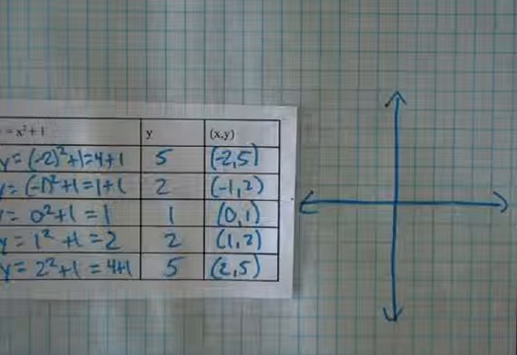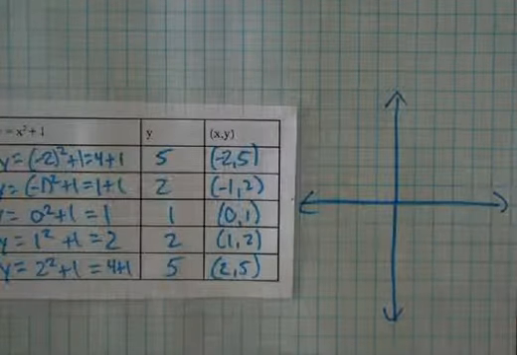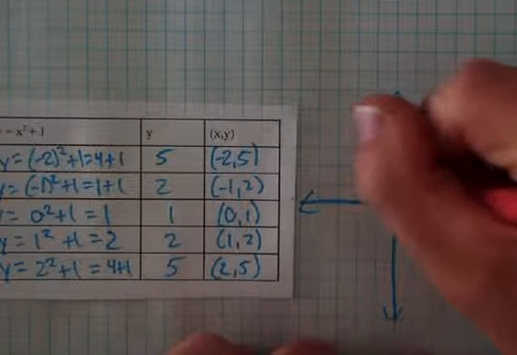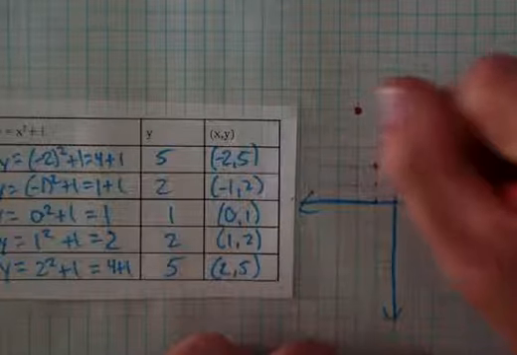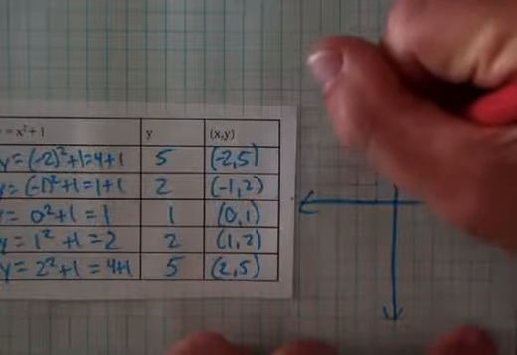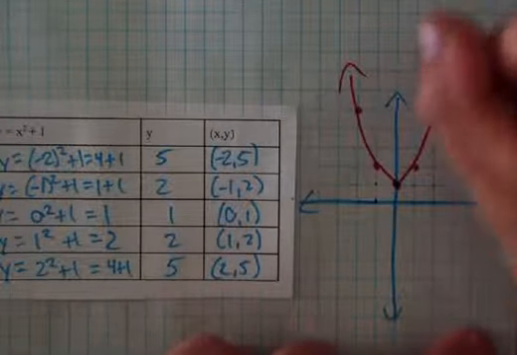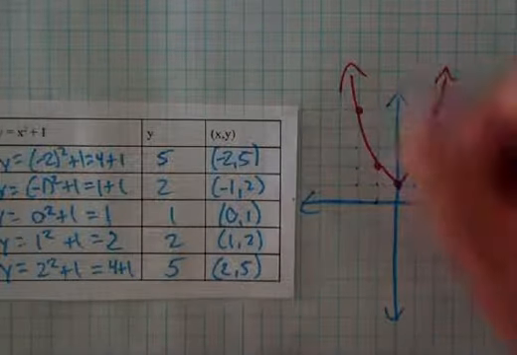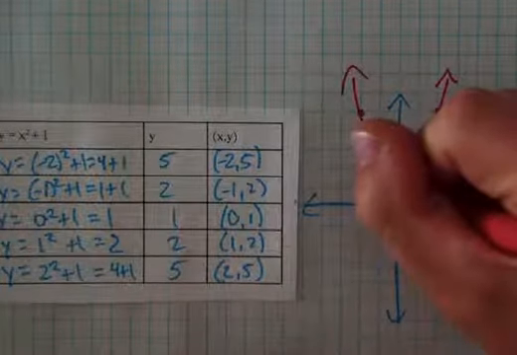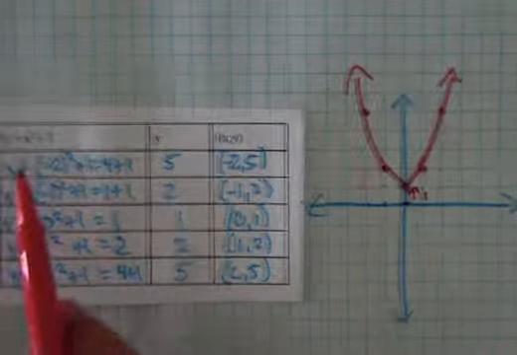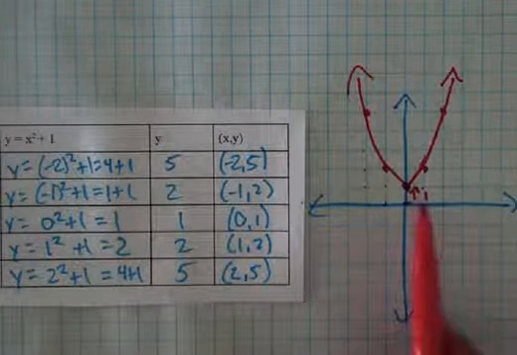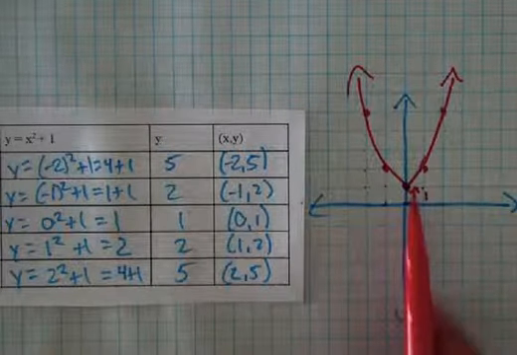Okay, so I've got negative 2 comma 5, negative 1, 2, 0, 1, 1, 2, and 2, 5. Now notice this is a parabola, just like our normal quadratic parent function, but it's shifted up 1. Just drawing a little arrow up 1. It's been shifted from here to here. Well, that's what this constant of 1 does. We've just taken the x squared parent function, y equals x squared. We've added 1, which means every value has 1 added to it, which means it shifts up 1 on the